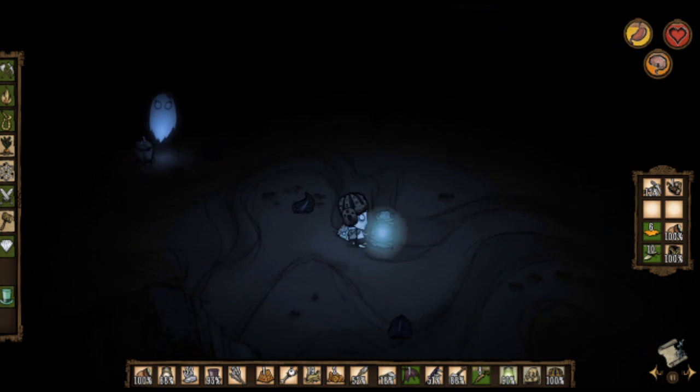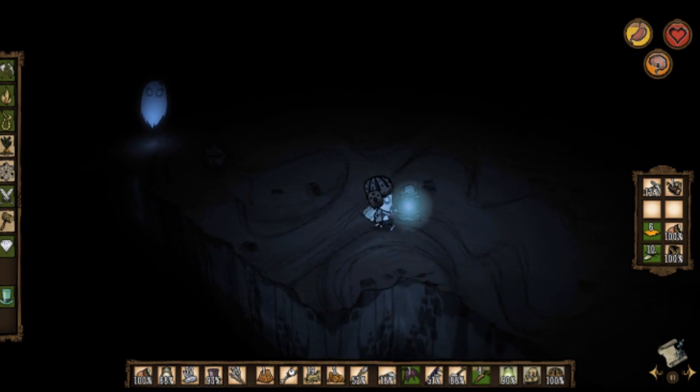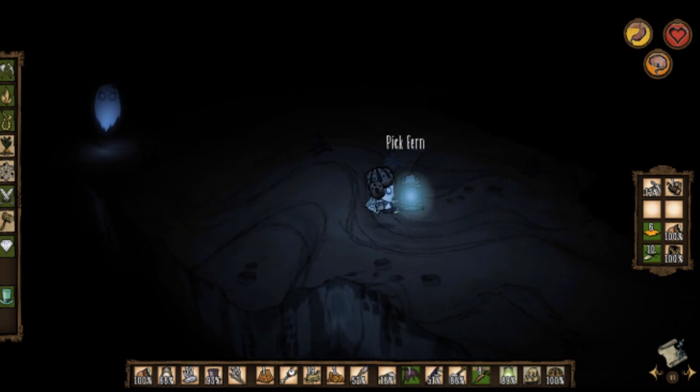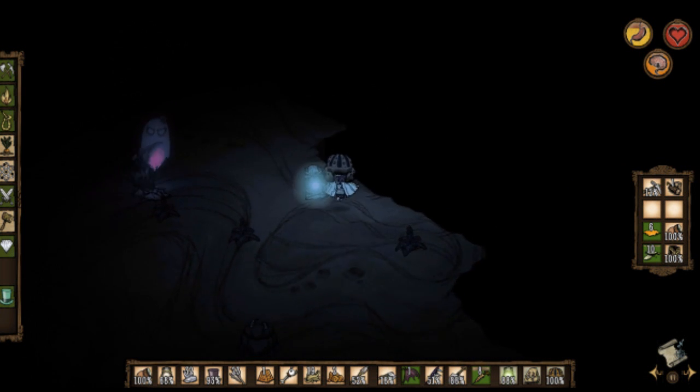Just going to continue on exploring a little bit down here. Things are very dangerous, and I don't think I know... I don't think that friendly rock lobsters spawn down here. It's mostly slurpers and monkeys and glowworms. Basically, though, if you can handle...